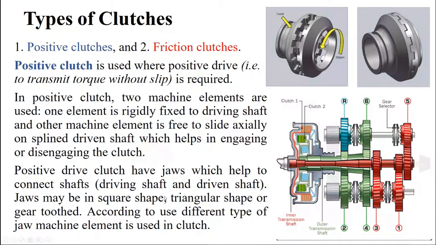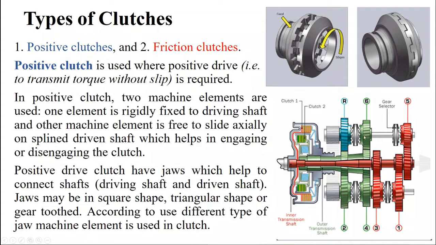The shape of the teeth may differ, square shape, triangular shape. Right. So what are the uses? In power tiller, this is used in steering clutch. In power tiller, if you remember, there are two clutches for steering, for taking turns. Whatever clutch is used there makes use of this type of clutch, dog clutch, positive clutch. Another application is in gearbox. Within the gearbox, you see these are a set of gears.